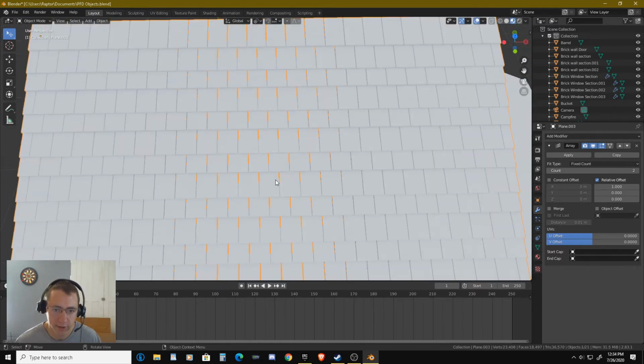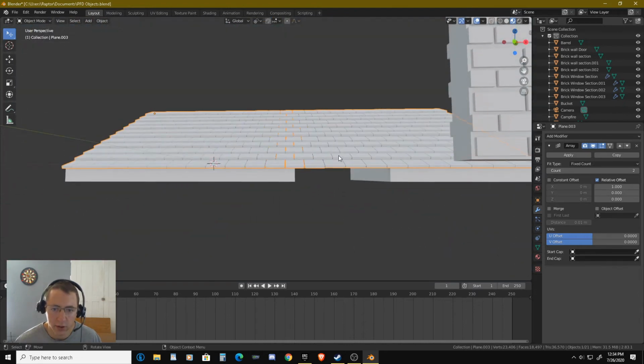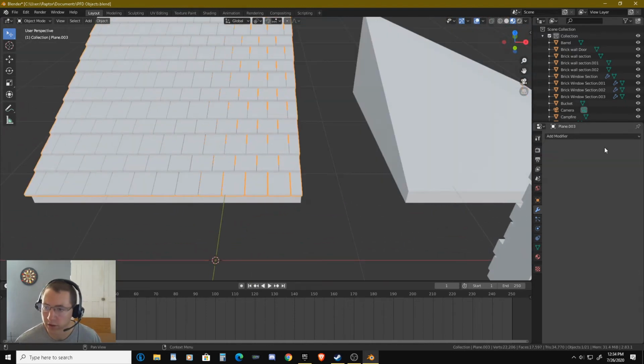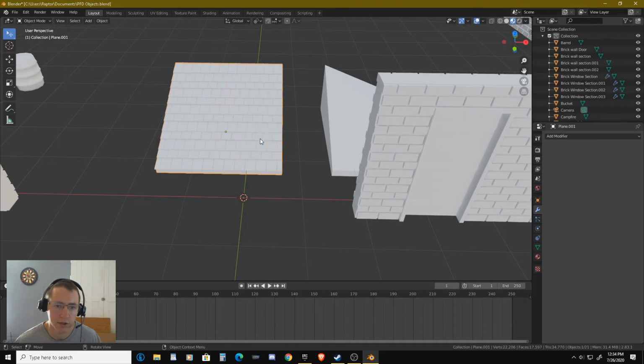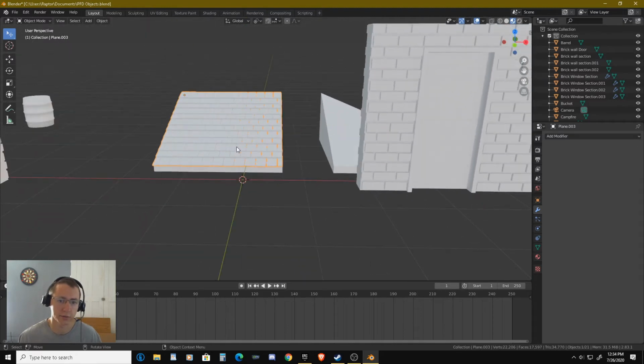And we'll tab out of there, and there we go. Now we've got a perfectly tiled roof section, and we'll go ahead and just delete that there. That's always useful, to make an array when you're making a tiled section, just to confirm that everything tiles